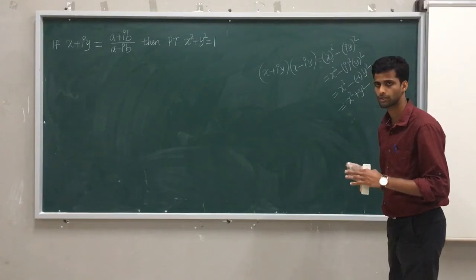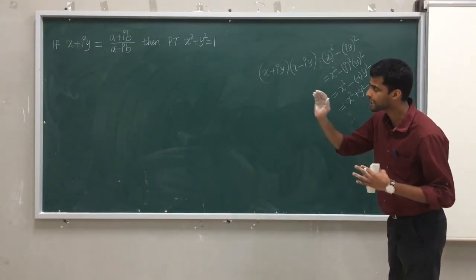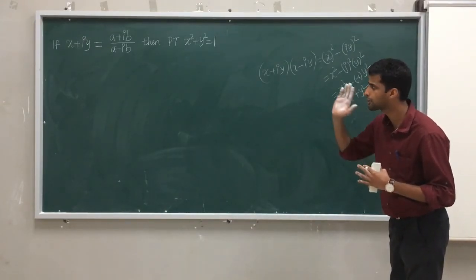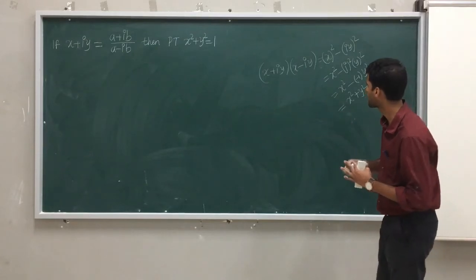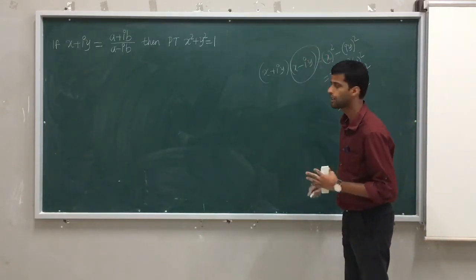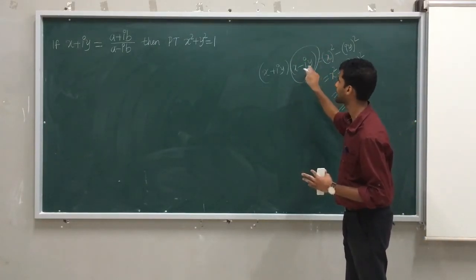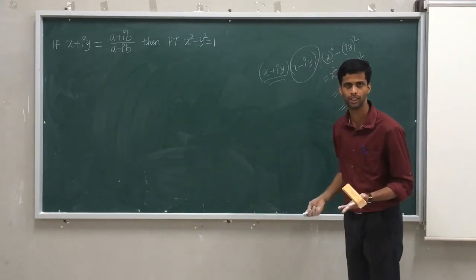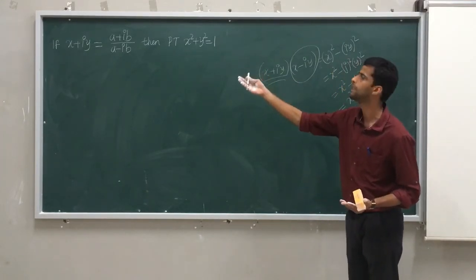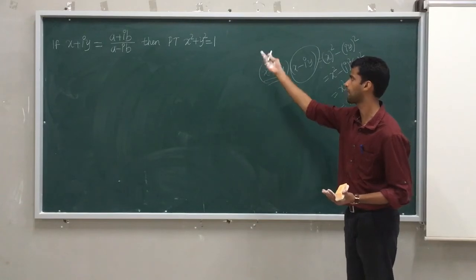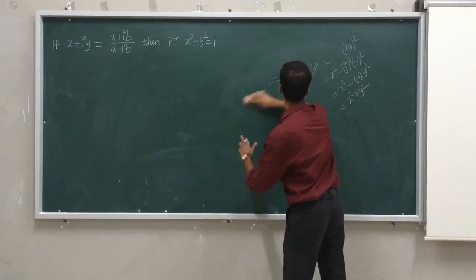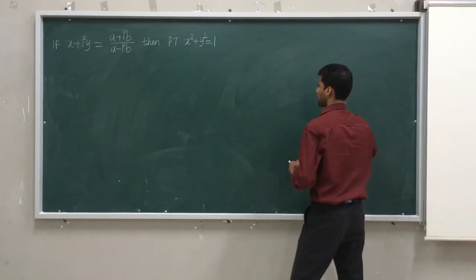It means that already x plus iy is given. I need to bring it in a standard form. Then I need to get x minus iy. Getting x minus iy is nothing but finding the conjugate of x plus iy. Yes or no? Therefore, first I will bring it in a standard form, then I will find its conjugate, then I will multiply. Let me check whether we will get the answer 1 or not. So that we will do now.